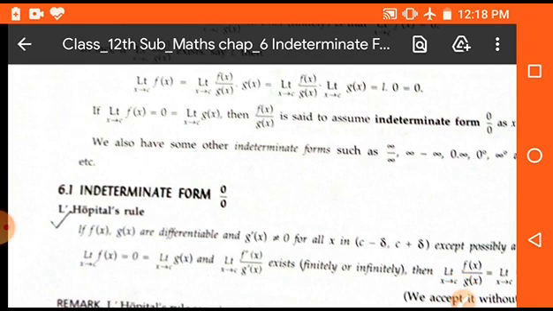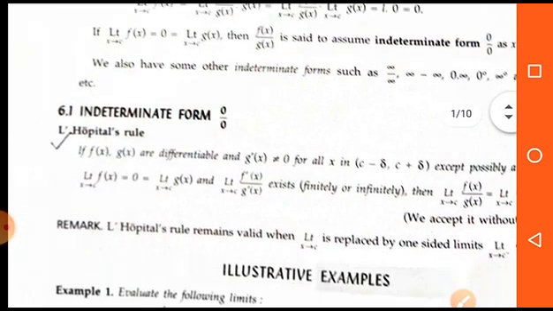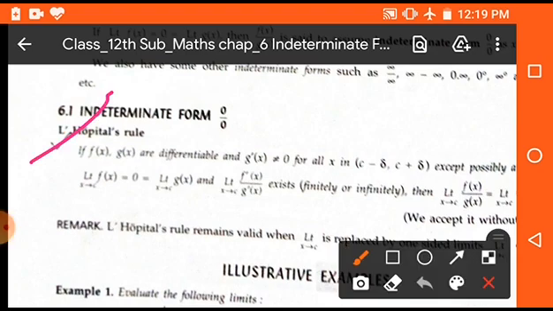So in order to solve the questions when they are given in such forms, we have some special rules, and the chapter is generally dependent on the properties of such types of functions. Clear? So for solving such types of questions, we have a rule which is known as L'Hospital rule. So when functions are given in not defined form, then we have to use L'Hospital rule for finding the accurate value of such type of function.